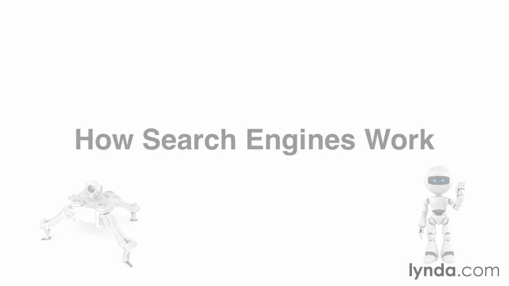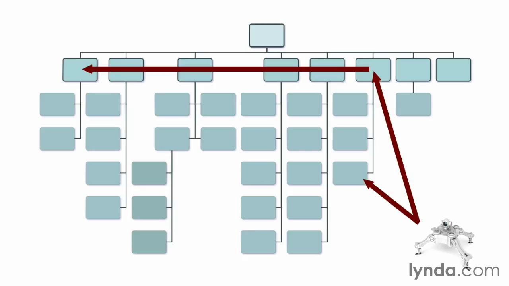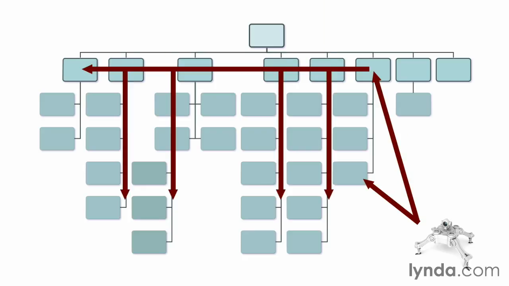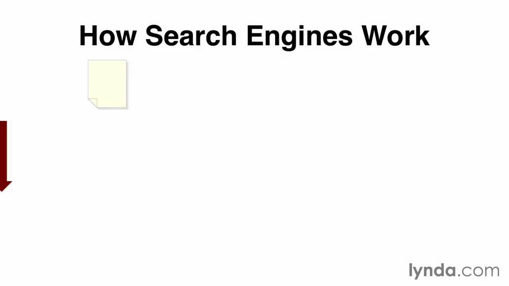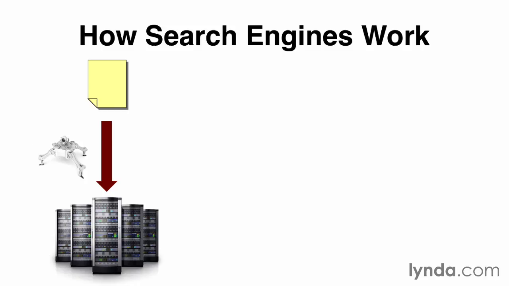Ultimately, it's the same thing because what a search engine does is they find your website through a link on another website. They'll find a page through that link. They'll download that page and find links to other pages on your website. And then they'll request the rest of the pages that they find, and they'll download them to the search engine's server. This comes as a surprise to a lot of people, but ultimately what the search engines are doing is that they are finding all of the pages on your website, downloading them to a server,